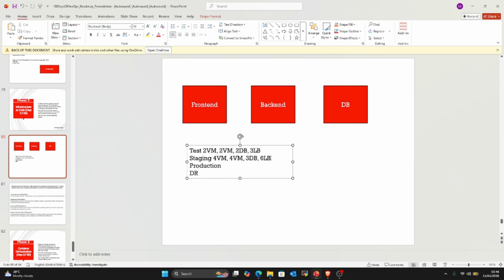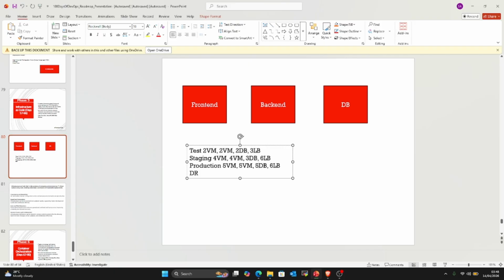Let's just say you have something similar to staging, because staging is always a very, very close similitude to the production environment. But this time around, let's just increase the virtual machine count by 1. You have 5, you have 4.